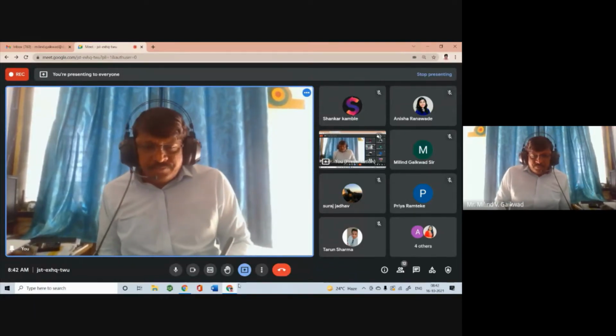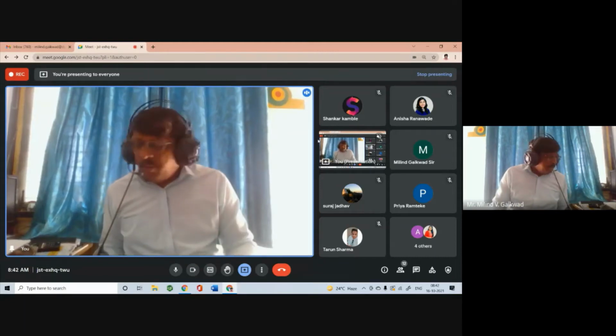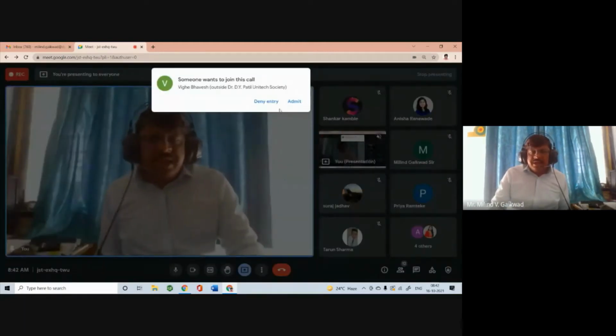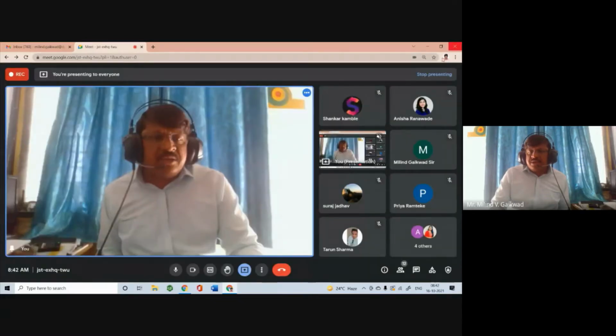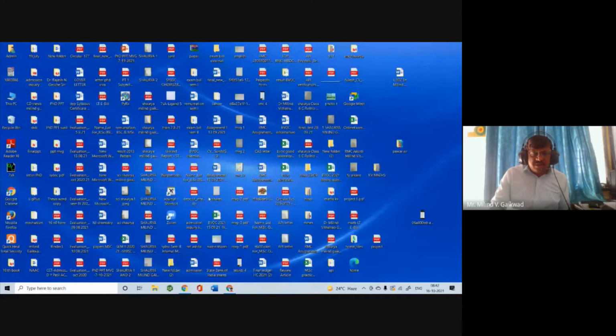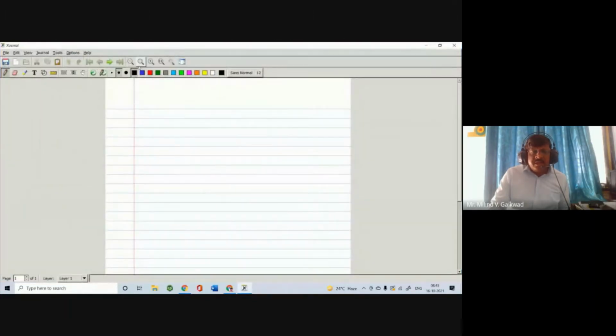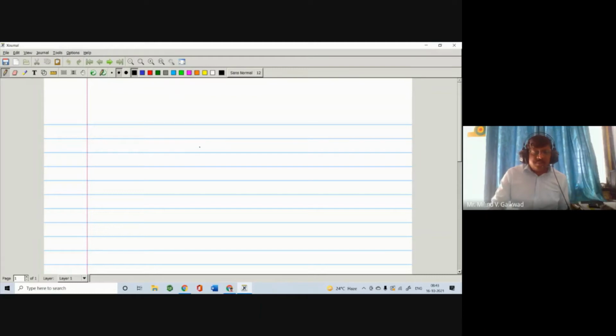Now today we are going to discuss the next point. We have said that there are three types of mechanism. We have discussed one mechanism, the E2 mechanism, in detail. Now let us see the E1 mechanism of the 1,2 elimination. So here again I will write E1 mechanism. In E1 mechanism,